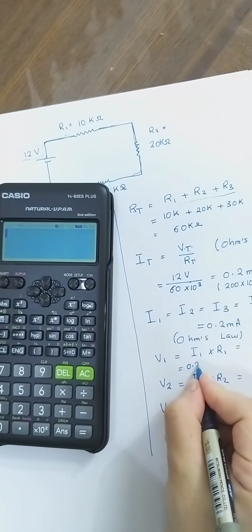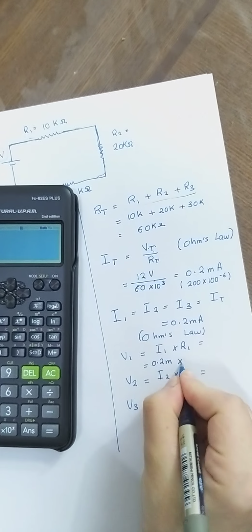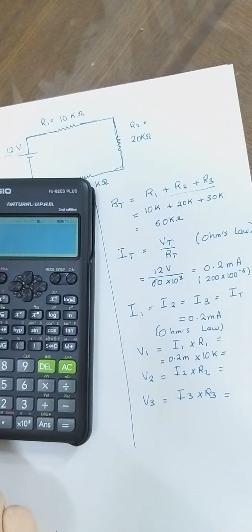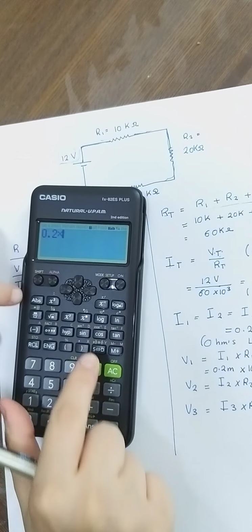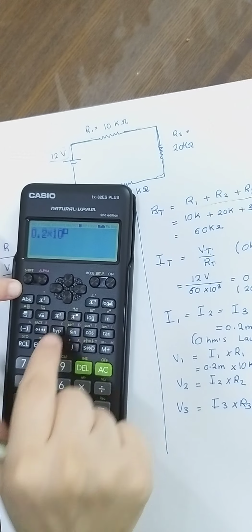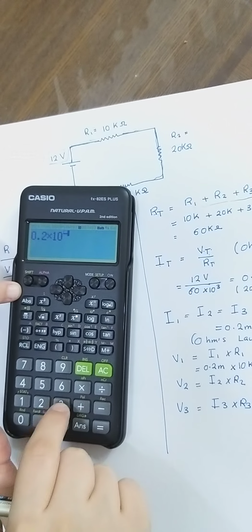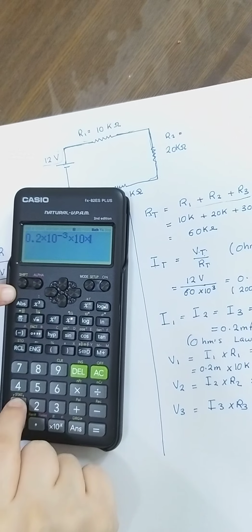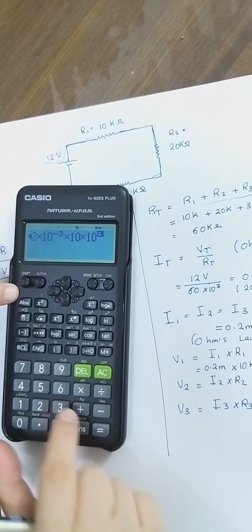So 0.2 milli times R1, which is 10 kilo. So 0.2 times 10 to the power of minus 3 times 10 to the power of 3,